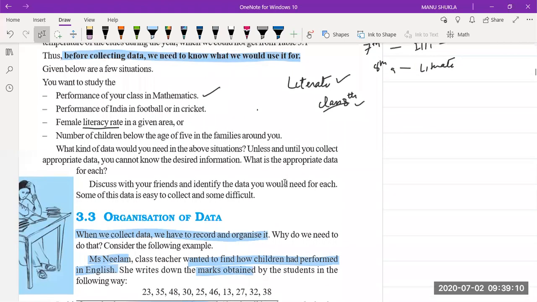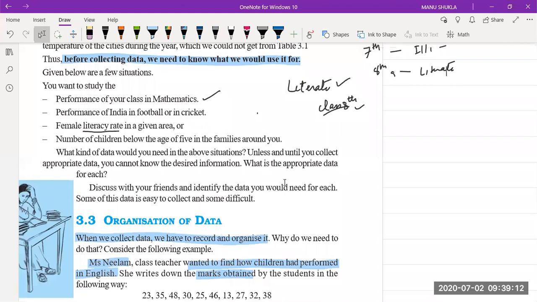Okay. The topic was, you have to find female literacy rate in your area. I told you, beta, go outside and check in every home how many women are there, and those women who have studied more than 8th class, you will take them as literate. And if they have studied less than 8th class, suppose 7th or less, they are illiterate. Okay, as per our data.